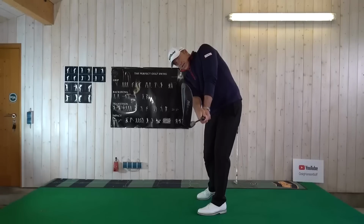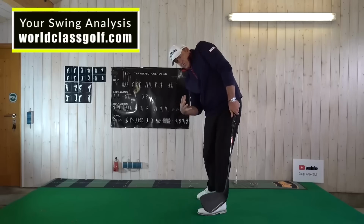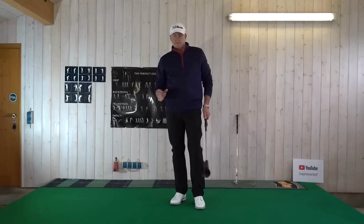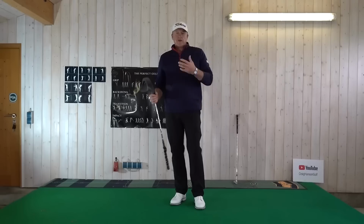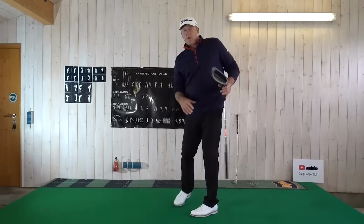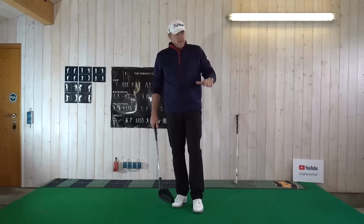So people, for a lot of the club players out there, when we're getting this left side to really extend, this left shoulder to lift up and the right side to shorten, we're seeing a lot of club players just leave the club slightly open, just push the ball slightly to the right, hanging that face a little bit open. A lot of the advanced players will tend to hit the ball immediately better by clearing and having this left side high. But if you are a person that gets out there and you do slightly push the ball, and you notice that you are pushing it,